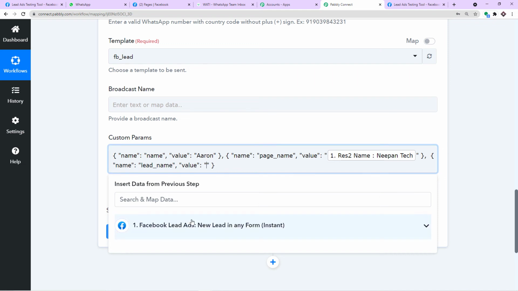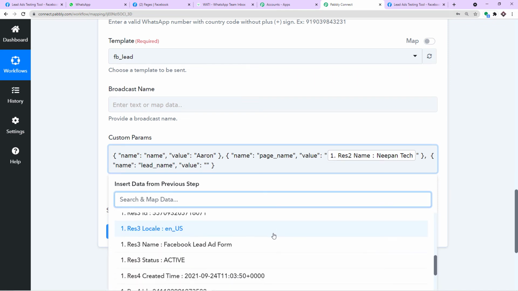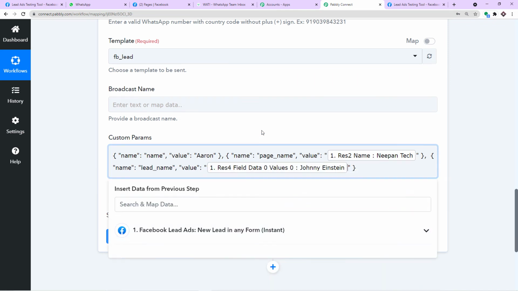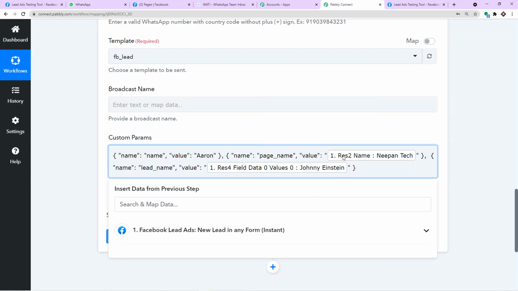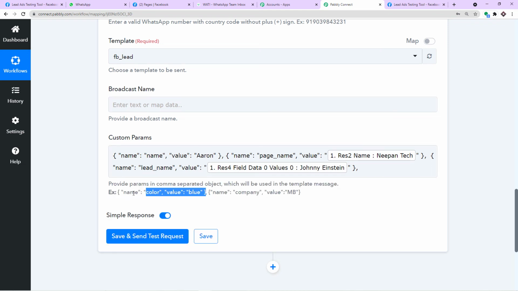Let me remove blue and map the name of our lead, that is Johnny Einstein, and we have mapped it. So easy. So this will be the final message, something like this: hey Aaron, and then we have Nippon Tech, and here Johnny Einstein will come. Then we have to map, I think, the email as well as the mobile number. So easy. Once again, a comma, and afterwards let me copy this whole stuff.